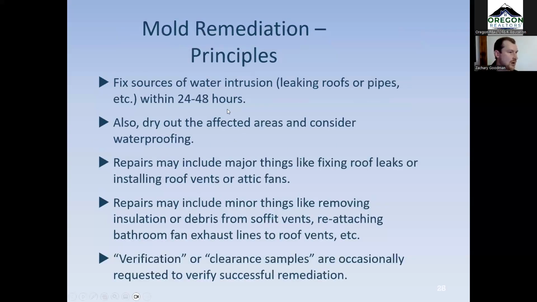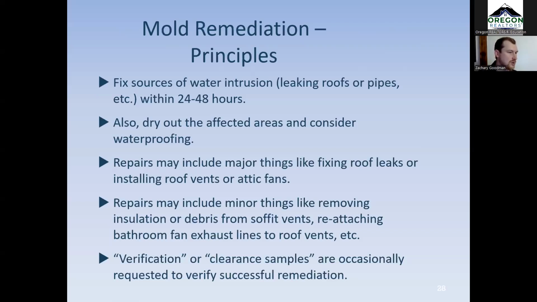Again, fixing water intrusion sources, we do recommend this be done before we do our treatment measures. We often will do the repairs ourselves if it's a ventilation issue as part of our work concurrently. So that should be done within 24 to 48 hours before we do any sort of treatment. And generally, that's what we'll suggest. Fix the issue first, then call us or schedule those projects back to back.